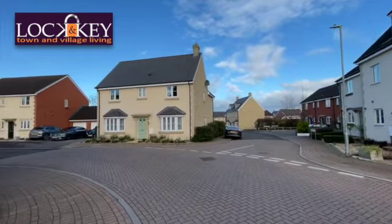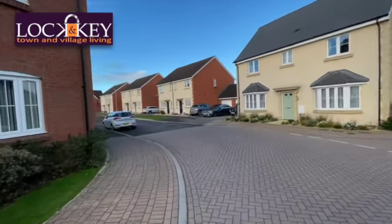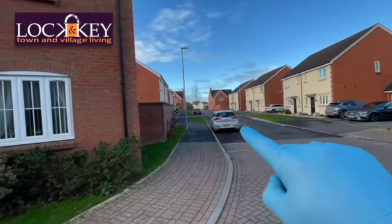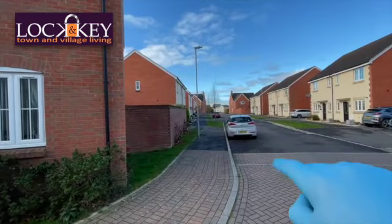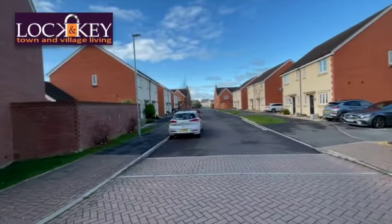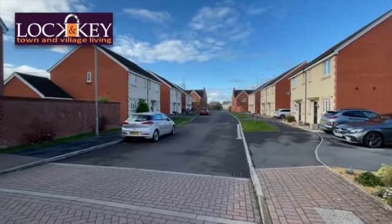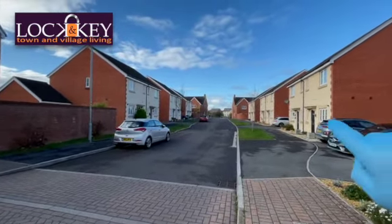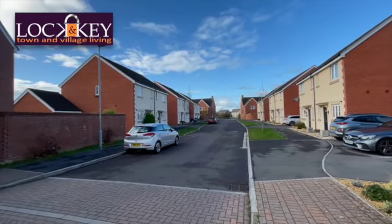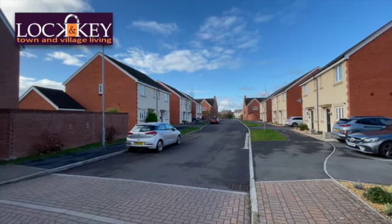And it spurs off with lovely cute little cul-de-sac areas. I'm just going to walk down the road and point this way, because just beyond where that red car is and that white van at the top, there is a park which is just to the left. That's quite cute. There's a little play area there, and then following that around there's other cul-de-sacs, and then that road links out into the Sandridge Road that can either take you back into town, or you can go east